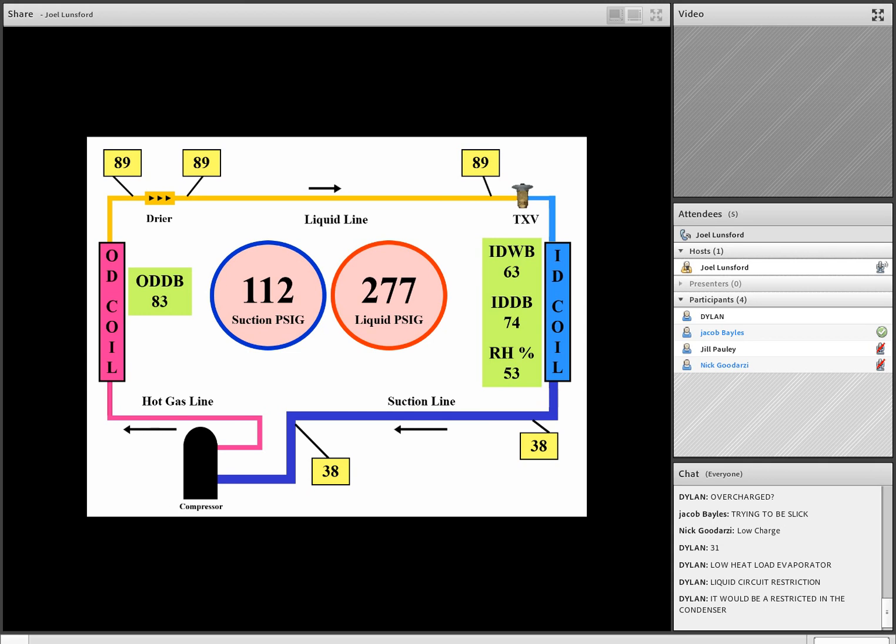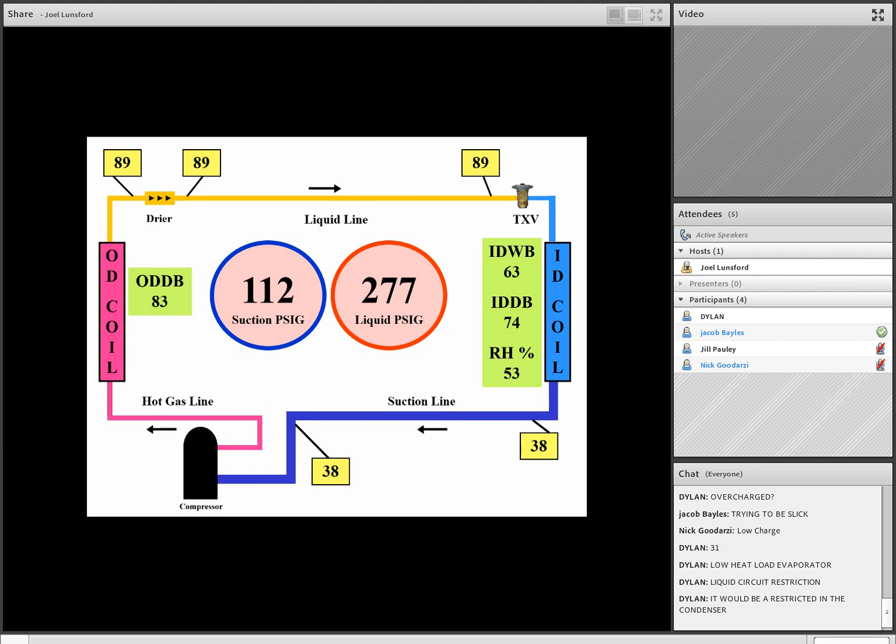Nothing's jumping out at us on the dryer or the liquid line. You got a low suction and low liquid pressure. Excellent. Well, let's take a look at the superheat on the indoor coil then. At 112 pounds of pressure on the suction side, what's the pressure temperature conversion for R410A? 39. Okay, and we take a look at the suction line temperature, it's 38, so we only have 1 degree